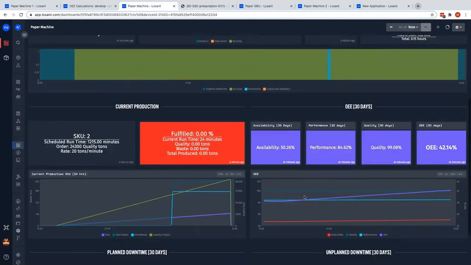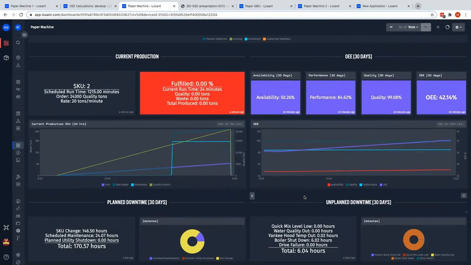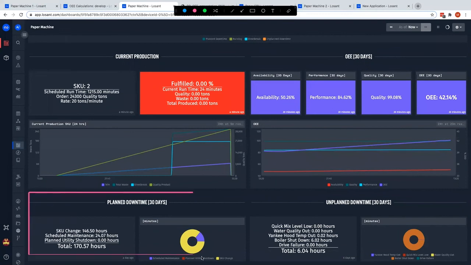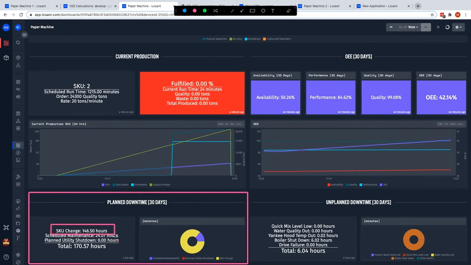If I scroll down further onto my dashboard, I can see very clearly my planned and unplanned downtime sections. Now I'm going to focus in on planned downtime because I have 170 hours of planned downtime, which is a lot of planned downtime. So why am I spending so much time down? I can focus in even further and see that, wow, a majority of that time is actually spent on SKU